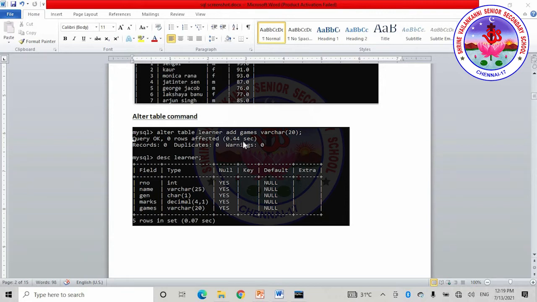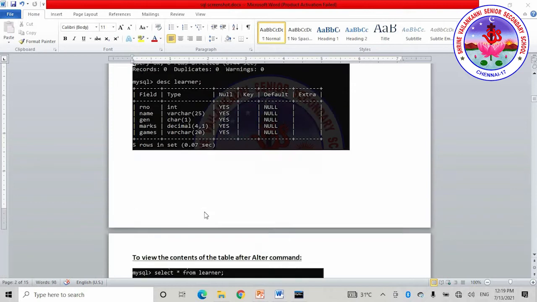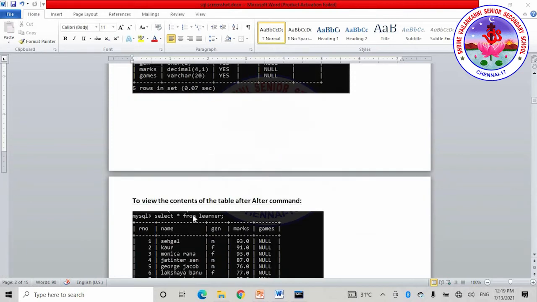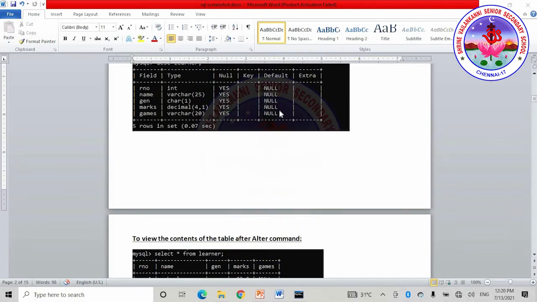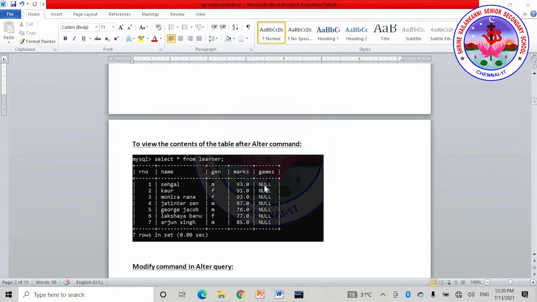So just for the procedure and the flow which you're supposed to follow, I'm just giving a recap here quickly. Then followed by that, to view the structure of the table which you have created, you will use describe followed by the table name. So here now the games column has been added. Can you see? And if you wanted to view the contents of the table, whether the games column has been added or not, again we will be using the same select query. And here for games column we have not given any values so far, so by default null will be placed in all the rows.